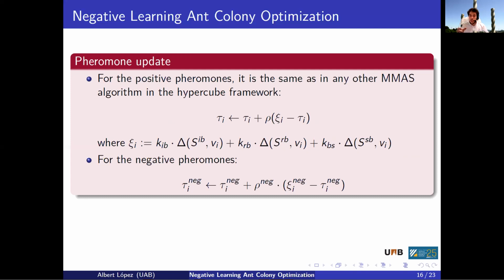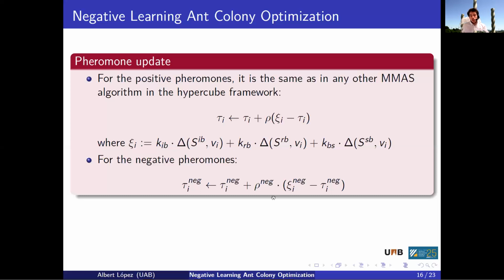It is one if the given vertex is in the best solution since the last restart of the algorithm, that is, since the last time we put all the pheromones on the baseline. And the third one relates to the presence of a given vertex in the best solution so far. It doesn't matter how many restarts of the algorithm we have. Is it in or is it not? If it's in, it's one. If not, it's zero. At the same time, we update the negative pheromones by a pretty similar method, but we